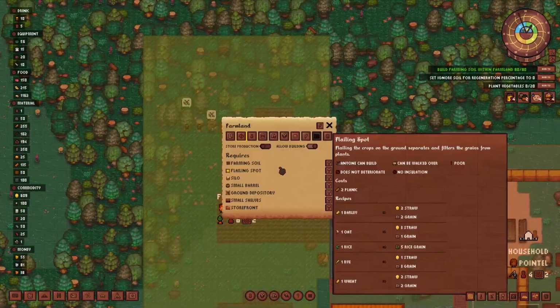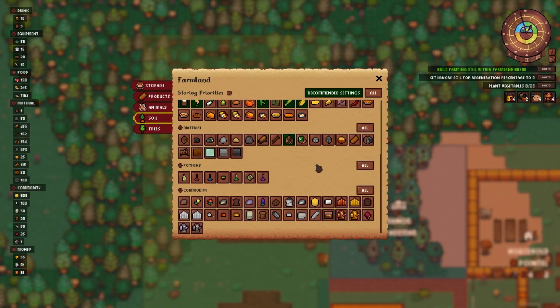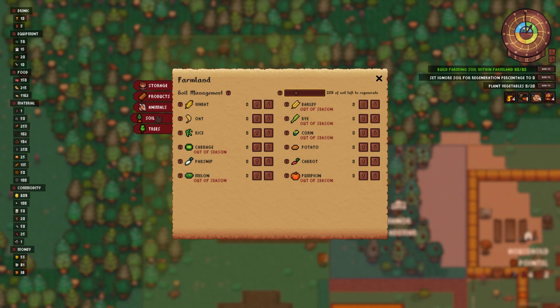So we go back into our zone, we click on our zone, and now we're going to go over here to the adjust priorities situation. Okay. Now, is this game a little overwhelming off the top? Yes. But there is always the recommended settings button. There's a lot of ways to do this. So we set ignore soil generation for... Okay, so 25% of soil left to generate. If we put it to 0% of soil left to regenerate, then that means we're just going to intensively farm it all. Okay, so that's good. So plant vegetables, 0 out of 20. I assume...